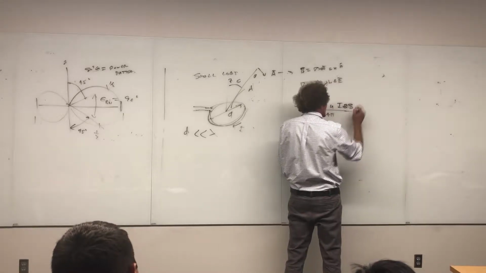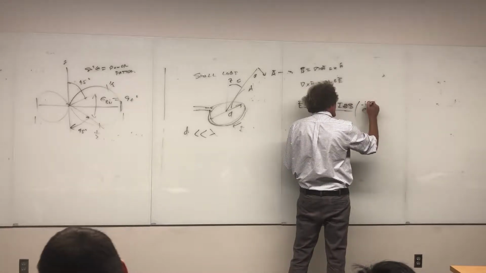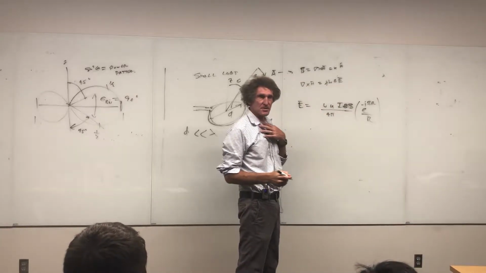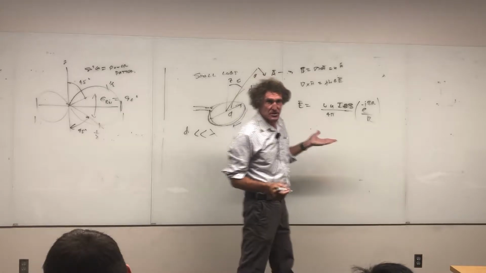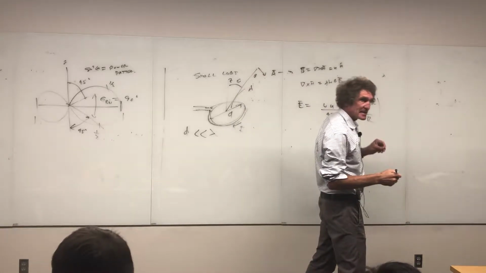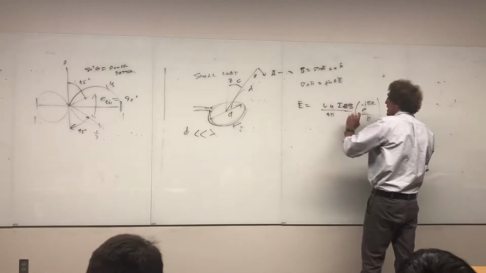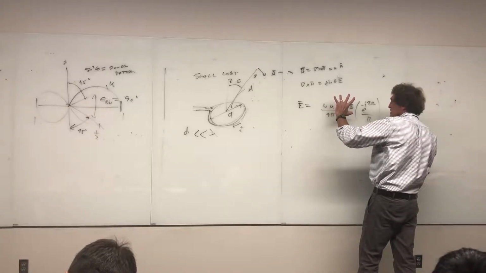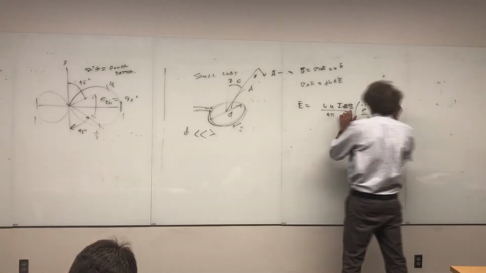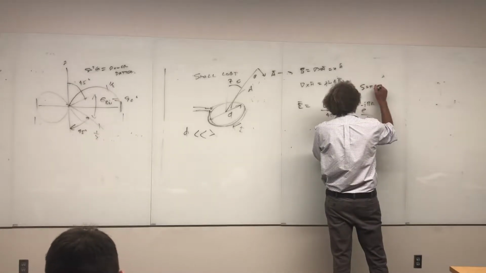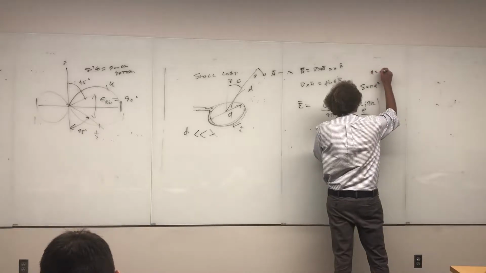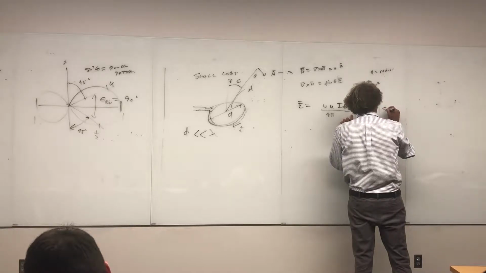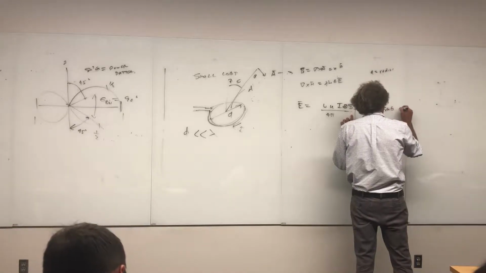And here's the thing. This is the way I like doing it. Put the e to the minus j beta r by itself over r. Those are the two terms that are functions of distance. The top one's phase. R is just the distance. So that's all the information about distance right there. This is all about everything but the current. This has to do with the frequency and the geometry or the size of the antenna. S here is going to be pi a squared, where a would be the radius of the antenna. All right, then he's going to have this times the sine of theta, and it will be in the a